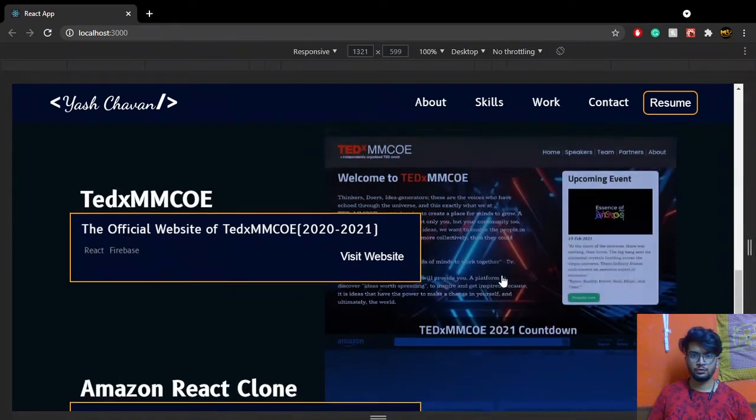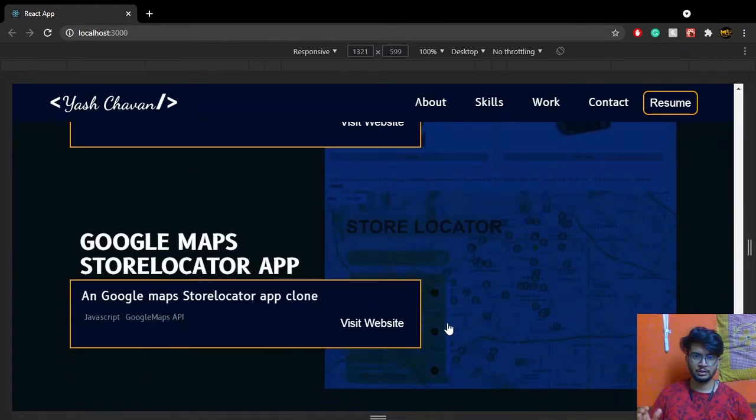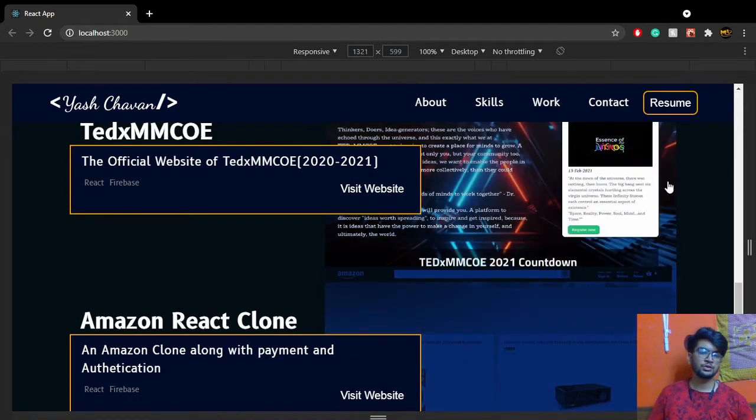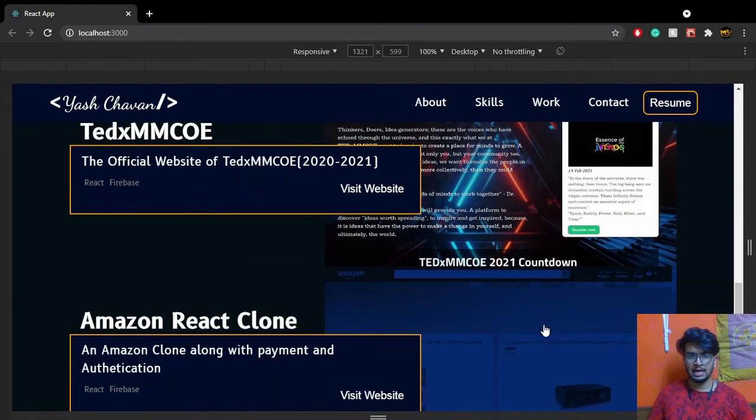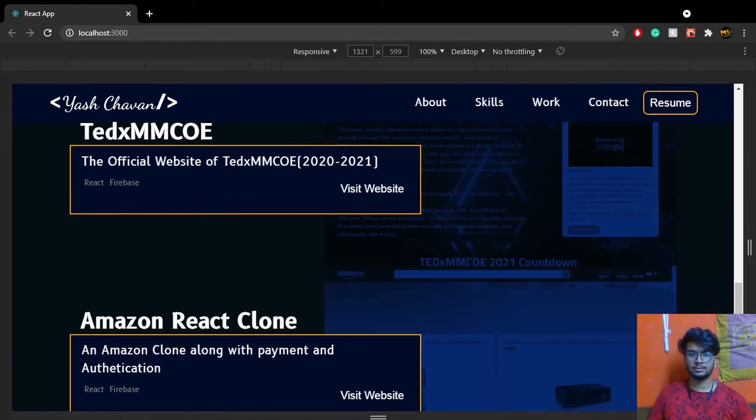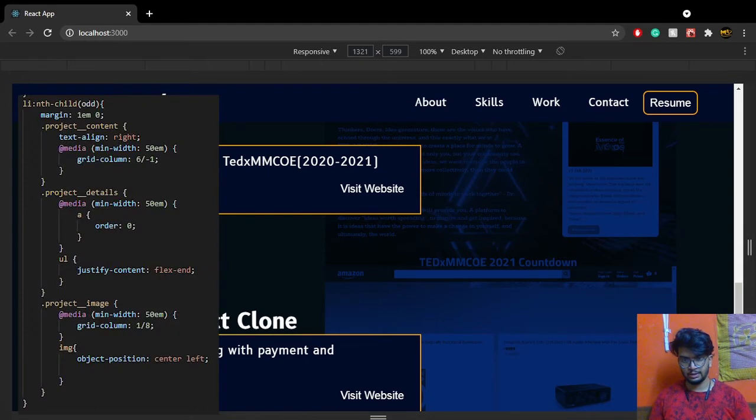So on the full screen, you see that in each and every one the text is on the right and the image is on the left, or the text is on the left and the image is on the right. And I want it to have an even and odd, so a zigzag pattern. And for that, we'll be using another CSS property, which is for the li. So for each li, we will choose the nth-child, which is odd,